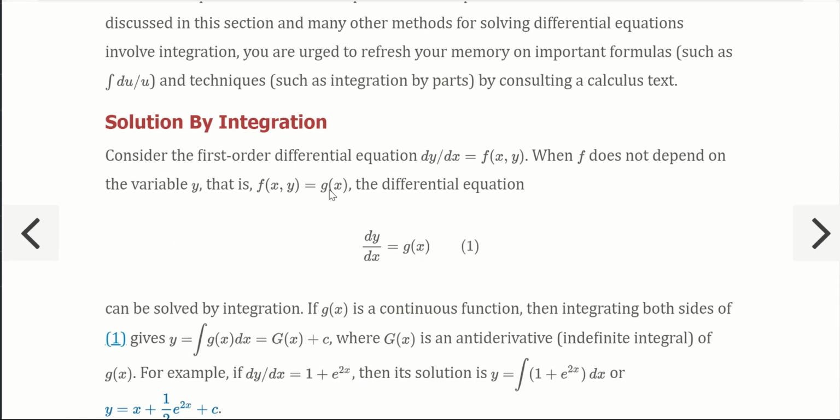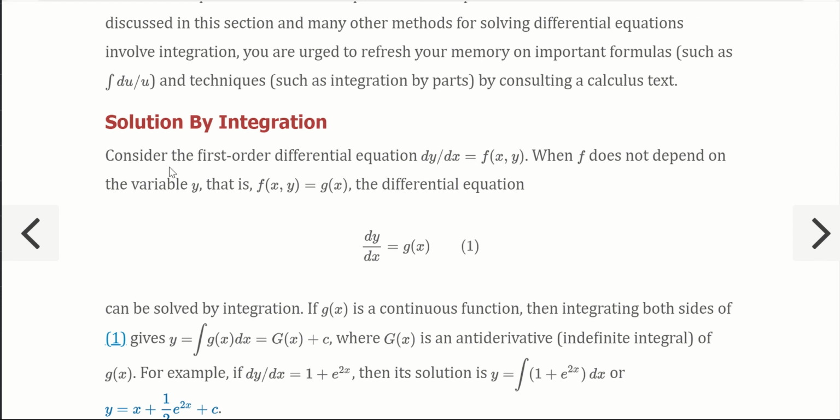So the basic idea is that, if we're trying to solve especially a first order differential equation, we know that the inverse idea behind taking a derivative is taking an antiderivative. So sometimes if you're able to separate the variables, get all of the y terms on one side and all of the x terms on another side, then we can actually integrate both sides of the equation to find our solution. Okay. So for example, let's consider the first order differential equation dy dx equals f of x comma y